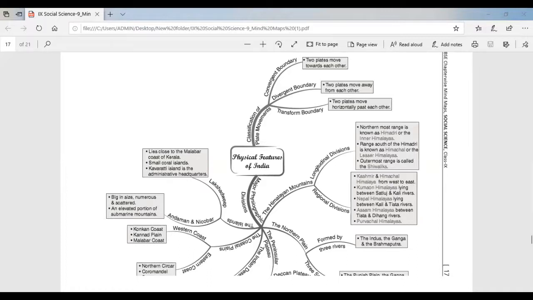The first, the western part of the northern plain, is referred to as the Punjab plains. This plain is formed by the Indus and its tributaries, that is the Jhelum, the Chenab, the Ravi, the Beas, and the Satluj. The second is the Ganga plain.